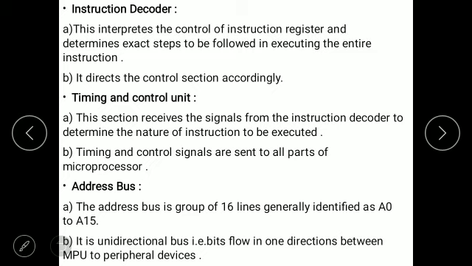Timing and control signals are sent to all parts of the microprocessor, just to coordinate the different parts of the microprocessor.